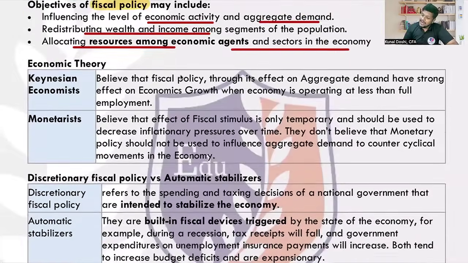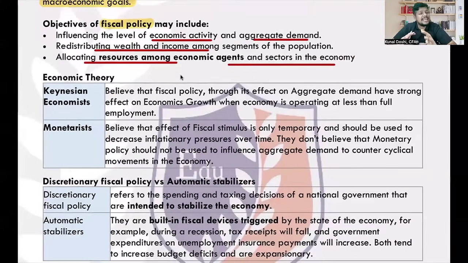Understood? Now, there are economic theories based on fiscal policy management and monetary policy. The most famous theory in the world is by Professor John Maynard Keynes, which is called the Keynesian theory. Today also, most of us rely on that theory. Now, contrary to that, there are the monetarists. I'll explain both. Keynesian economists believe that fiscal policy is the solution.